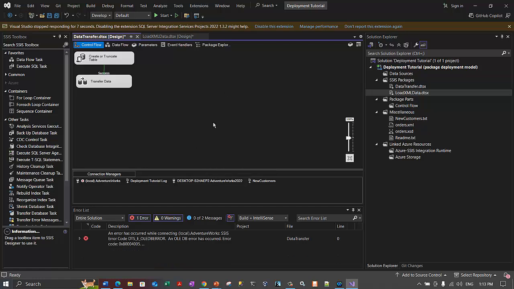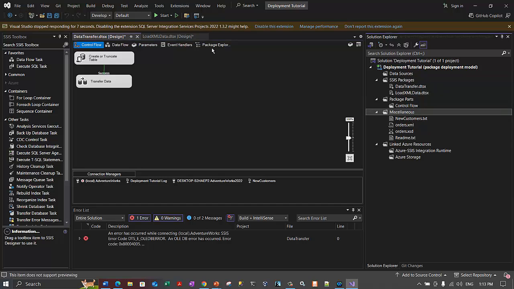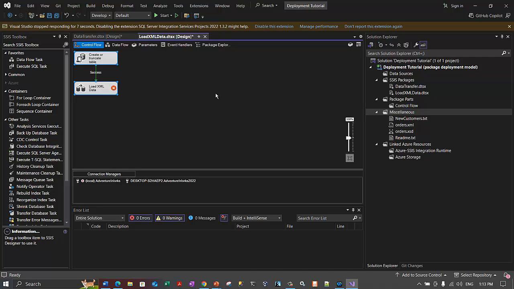So this was just for the demo. Now the next thing is I will show you how you can copy the connection managers. On the right hand side, I don't see any connection manager, right? In the right hand side window, I do not see any connection managers, but there are some defined on